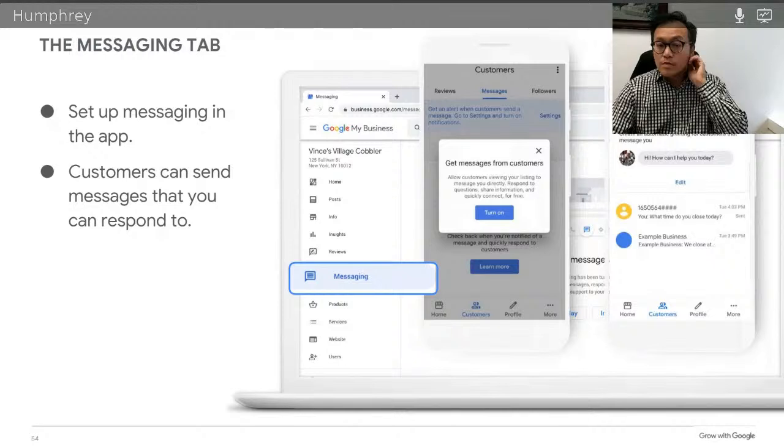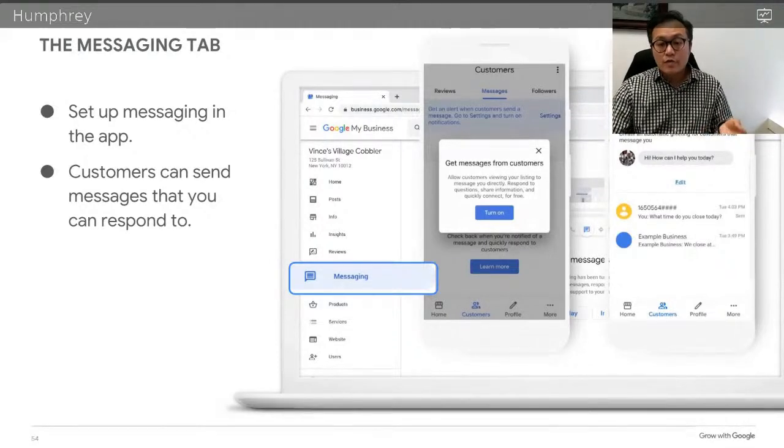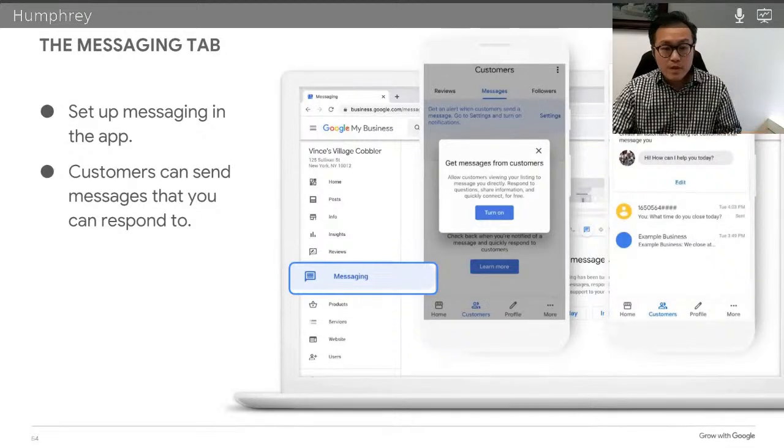On Google Business Profile, you can also chat directly with customers from the Google My Business app. This feature allows you to connect with your customers in real time. And responding to customers can help you answer the questions, tell your business story, and attract more people to your location. You can turn this on